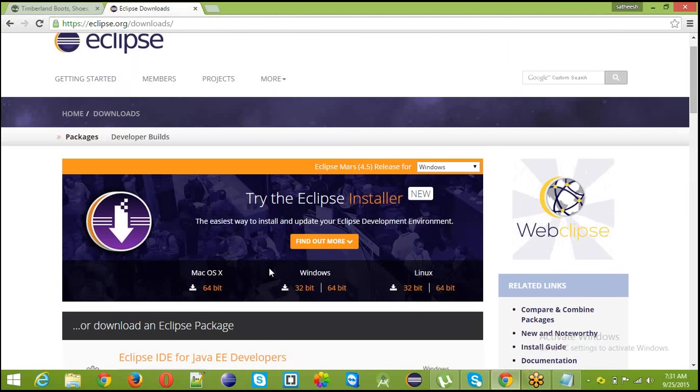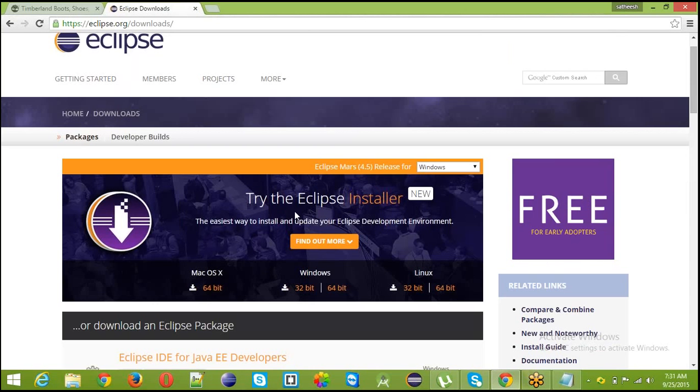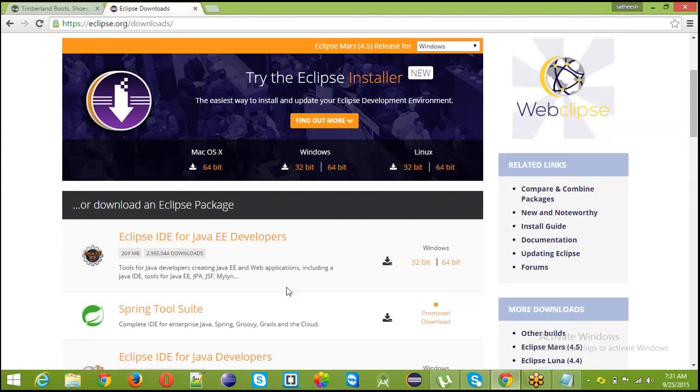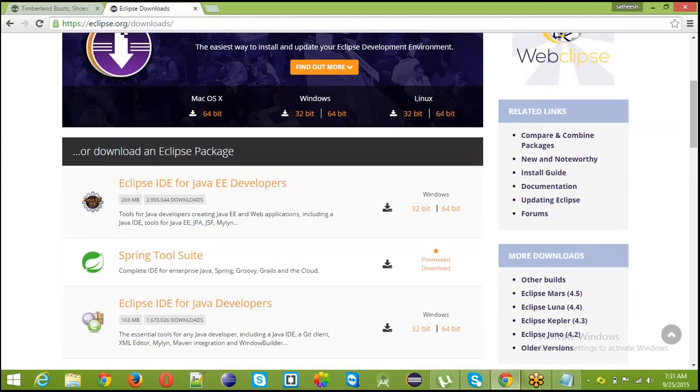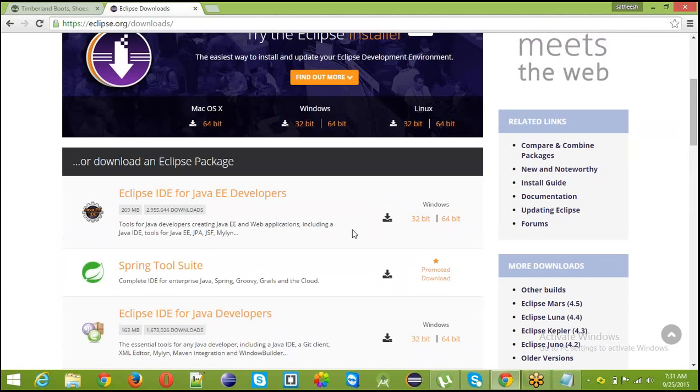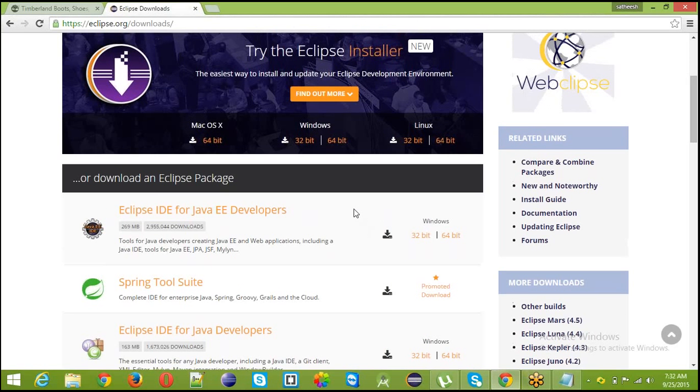Now the latest version of Eclipse is Mars 4.3 for Windows. You can download any version, no problem. You just have to select this one and it will be downloaded. So after downloading,